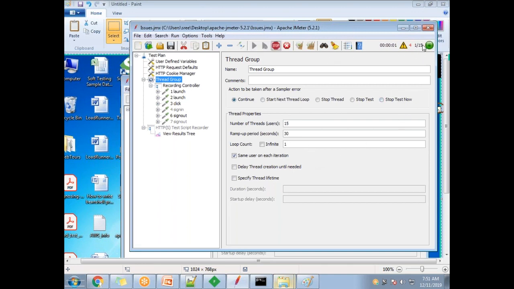Now the total number of users is 15. Out of the 15 users, how many have been ramped up? Two users have ramped up so far. If you wait for some more time, you see the third user will be ramped up. Something is happening here, it is not allowing more than 2 users. We'll look into those issues later, but this is the total number of users, and this is the number